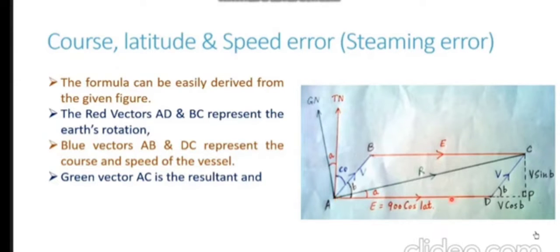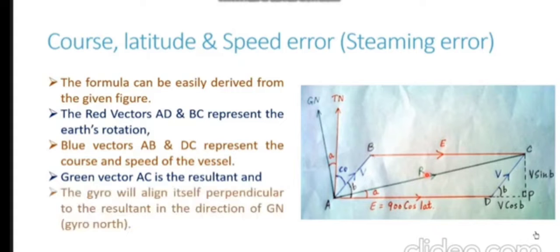Alpha to delta is the Earth's motion vector. Delta to Charlie is the ship's motion vector, and their resultant completing the triangle is alpha to Charlie. This is the resultant vector. So this green color vector which you see represented by letter alphabet R is the resultant of the Earth's motion and the ship's motion. Now, as we had seen in our earlier discussion also, that this arrangement of the gyro